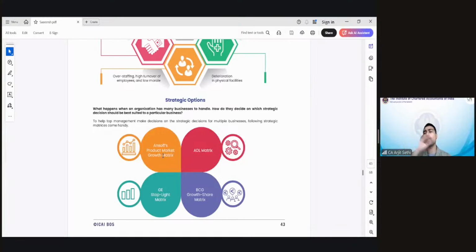I will give you an example, a very good example. Everything will be clear. I will give you such a simple example. You will forever remember this. Okay, I can guarantee. 4 kinds of tools: ANSOFF, ADL, BCG, GE stoplight matrix. These tell you that a business which has multiple products or services, it helps them take a decision on which ones to focus on. Where do you put more money? Which business, which industry, what segment? These tools help you. How? How can it be done? I will explain.